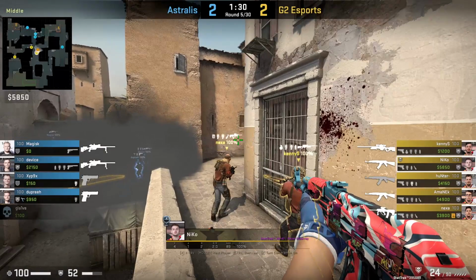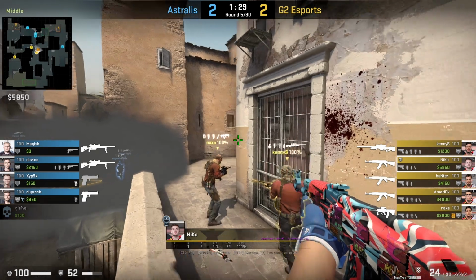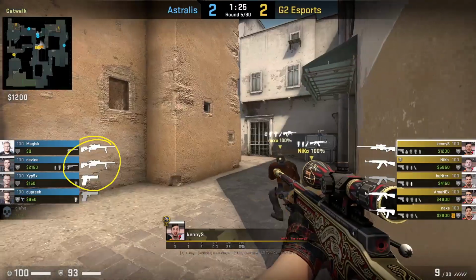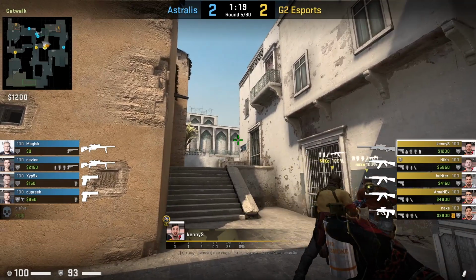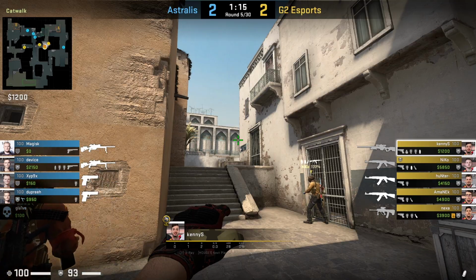So from here, the call from G2 is to get loads of players up here on catwalk. They're going to go up here and round the corner, and they're also really, really aware of the economic situation here for Astralis. They're not worried about Norpa being around to greet them on short, so they're just going to peek out without any utility. Now from here, what we're really going to be talking about is executing onto this A bomb site from this